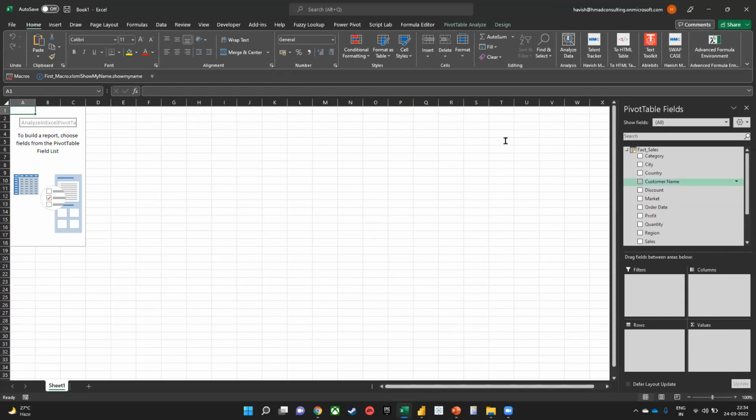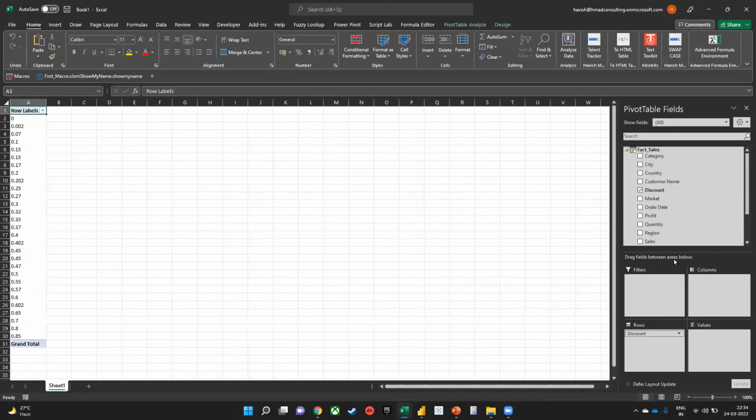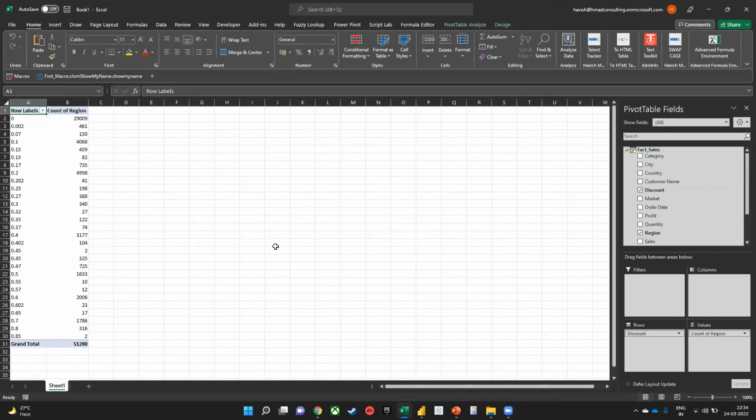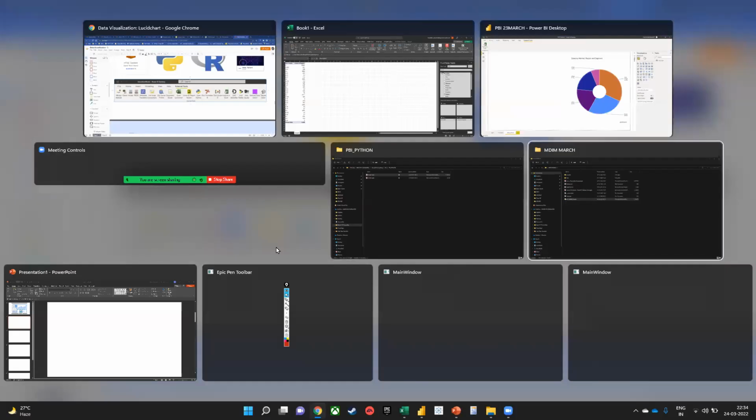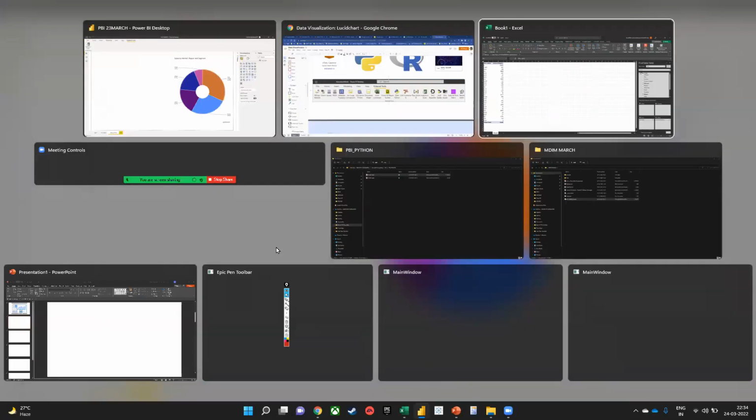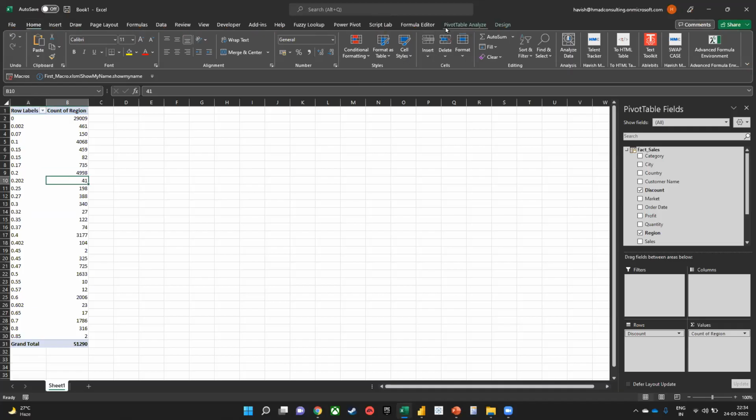Do you see this? Do you know where this pivot table is coming from, everyone? This pivot table that I'm creating right now is actually coming from my Power BI file, which is this one. How cool is that? Now, if you go to the source of the pivot,